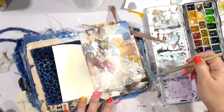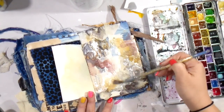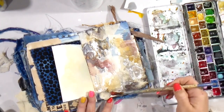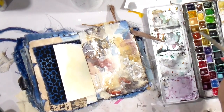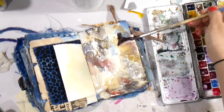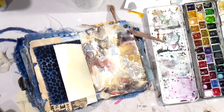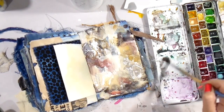Before I put the watercolor on it. So you could stop at any point during this process. And I also really liked how the watercolor reacted as opposed to some of the other pieces of paper. I just really think that that's the value that you get whenever you have a journal with